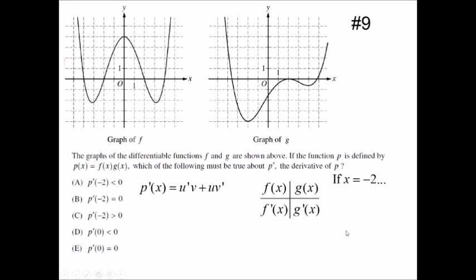If I plug negative 2 in for my x value, and I'll do this directly inside the box here, I've got f of negative 2. So here's the x value, negative 2. On the f graph, that is clearly 0. And now we have g of negative 2. That's over here, down right here. This is going to be, it looks like it's exactly negative 4,